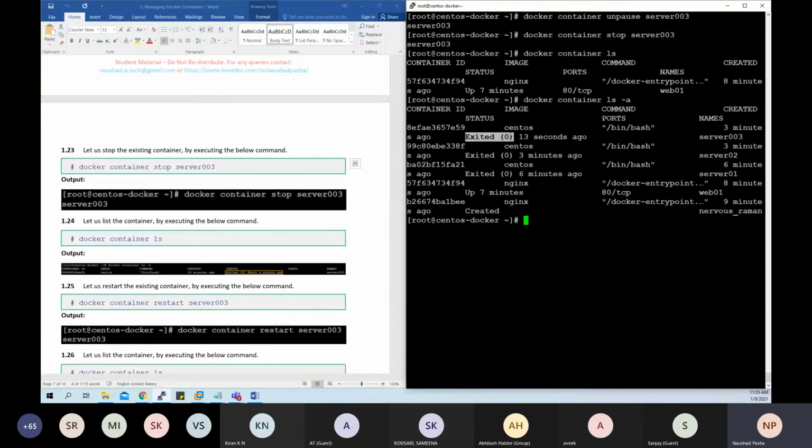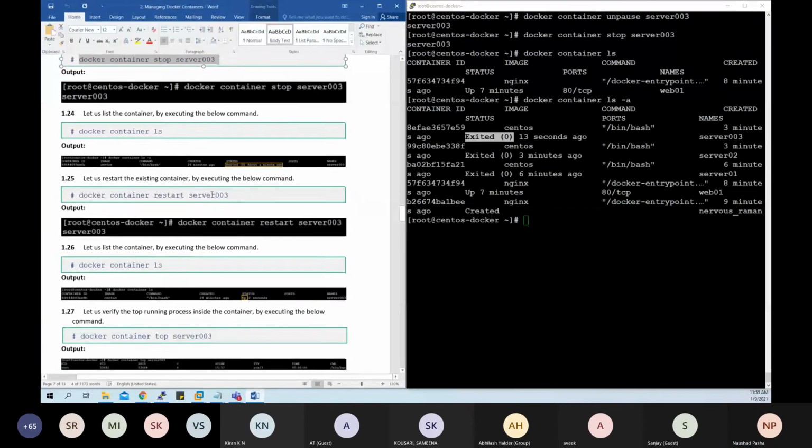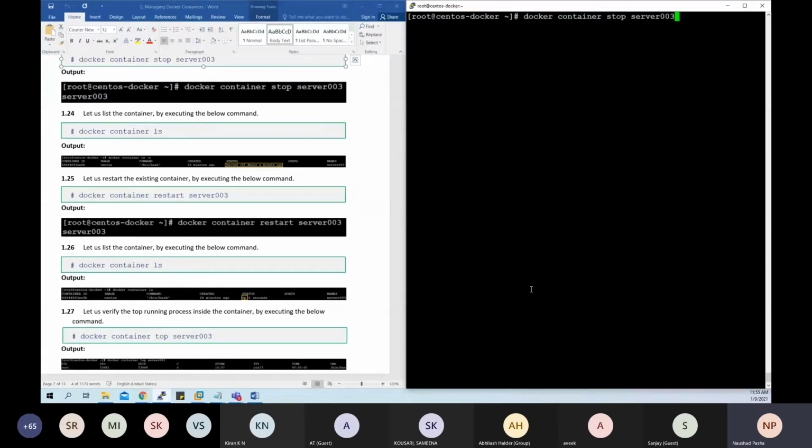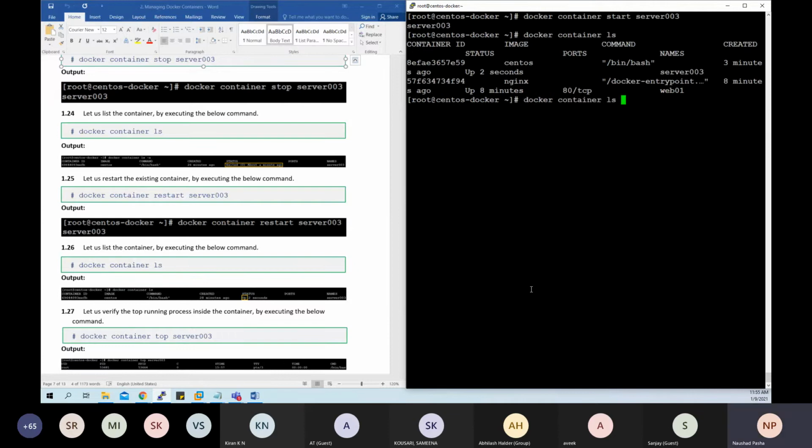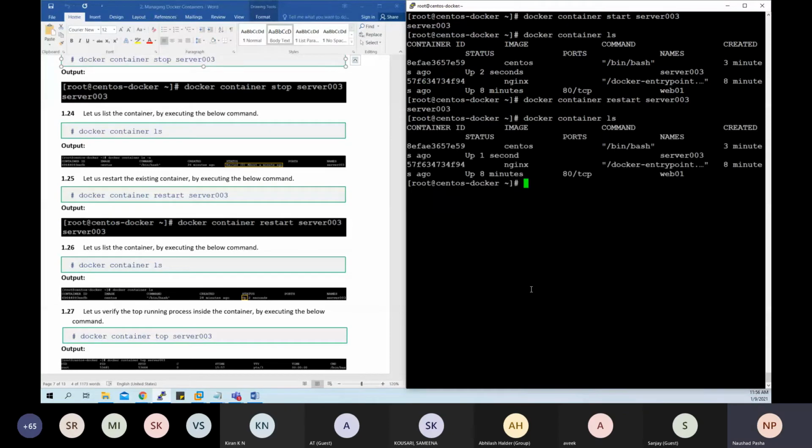That means graceful. Can we start that again? Yeah, of course, we can just do a docker container start. And now the container will be in the up state. The restart is basically a combination of a stop and start. If you want to, you can do that as well.